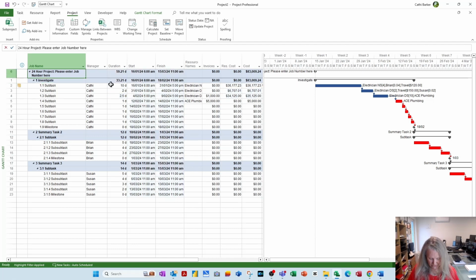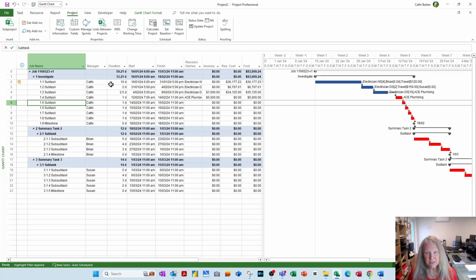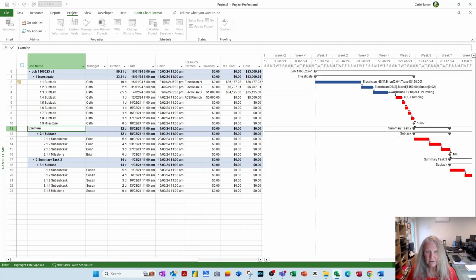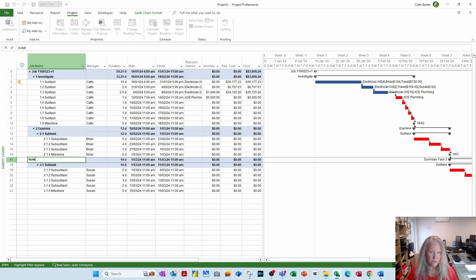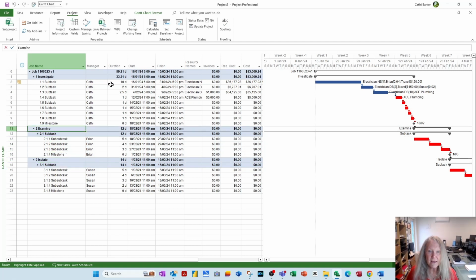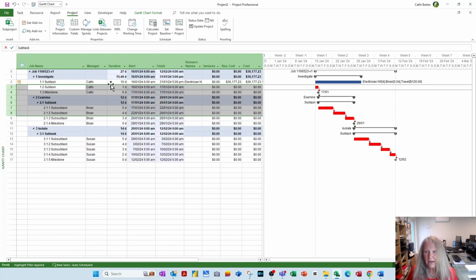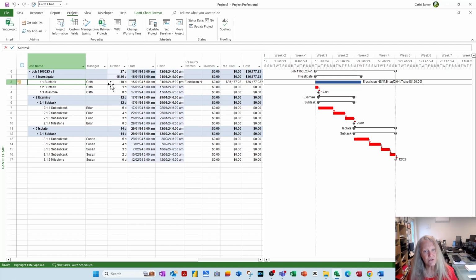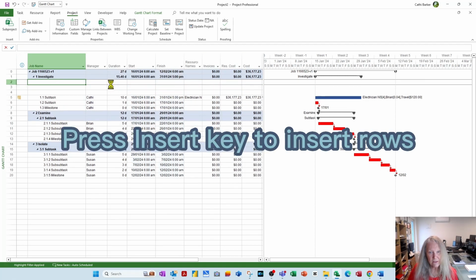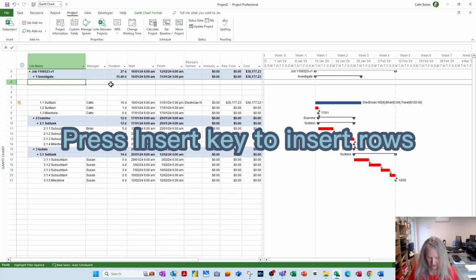And if this is also in the first row, this is job, because I like to call my projects after the job, 1166523-version 1. So that's my job number, that's my investigate, that's my examine, that's my isolate, what have you. And then within that, I may decide I don't need shift spacebar, I don't need shift down arrow, those rows there, so delete. And so then you just start modifying. Delete rows you don't need. Insert key, rows you do need. So I need to investigate